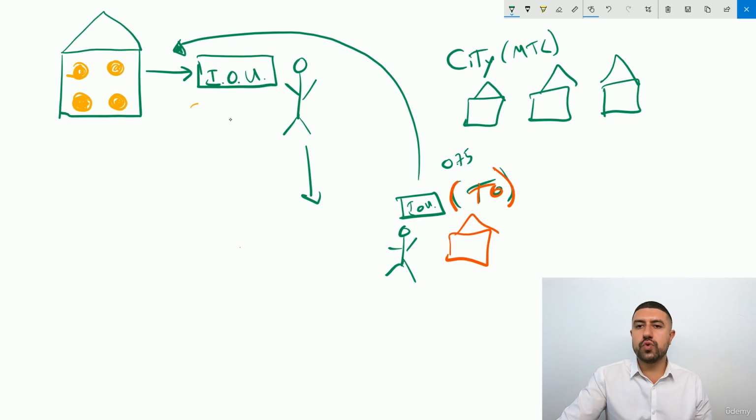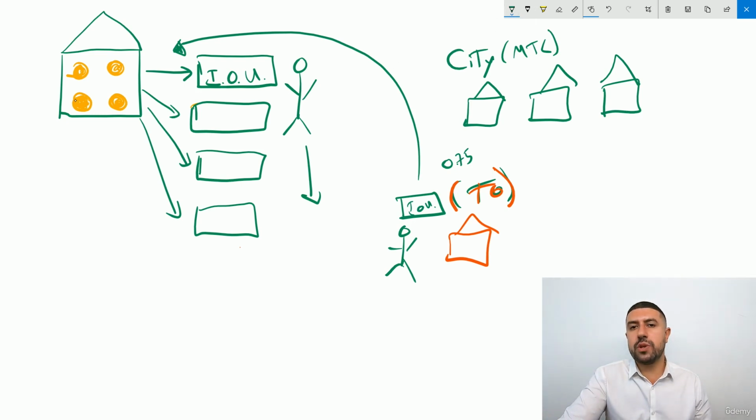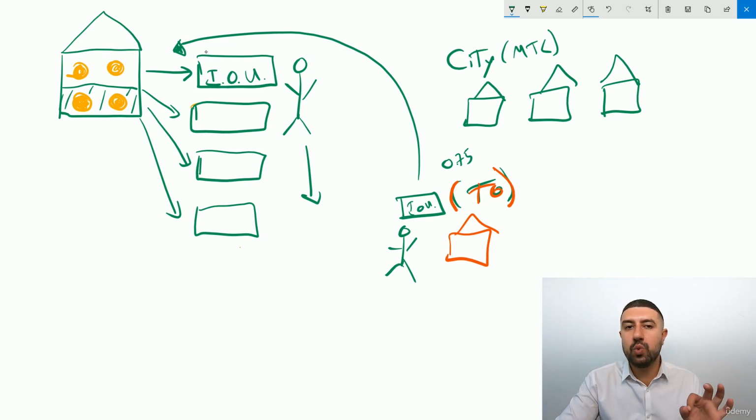Now, the bank knows for a fact, well, not for a fact, but it kind of guesses that not all 4 people are going to come and redeem the 4 coins at the same time. So what they started doing is saying, well, you know what? I can lend out 2 of these coins and make interest on them, loan them to people and make interest on them. And I'll keep 2 of these coins here in reserve. So if 2 out of the 4 people come back, I'll have their coins, but I'm going to lend away these. And this is what we call